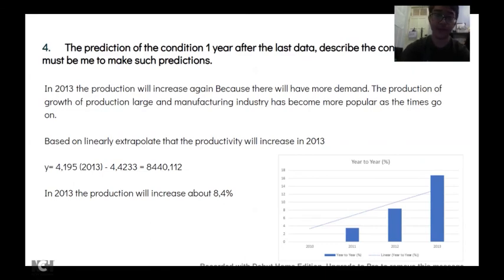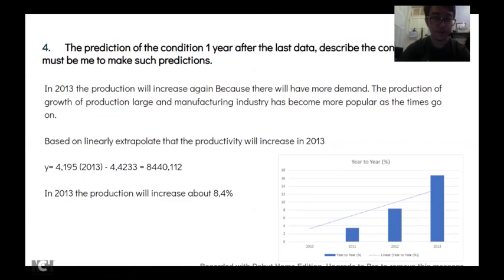We can predict the condition one year after the last data: in 2013 the production will increase again because there will be more demand. The growth of production of the large and medium manufacturing industry has become more popular as time goes on. Based on linear extrapolation, the productivity will increase in 2013, using the formula y equals